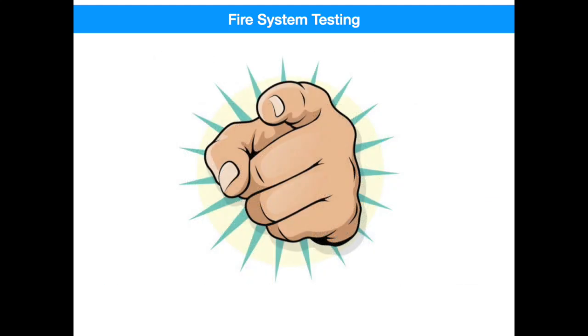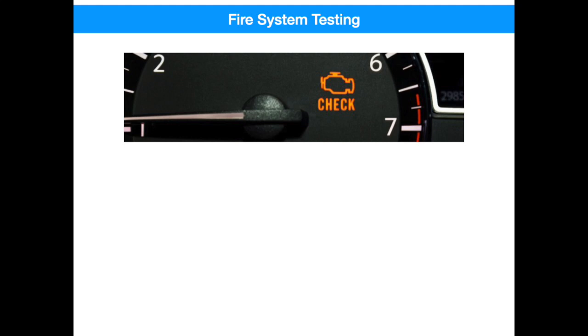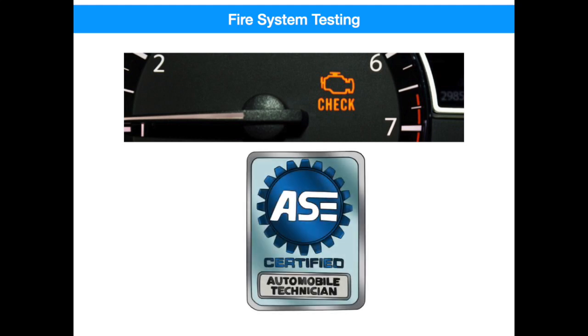Now, as a homeowner, you're responsible for maintaining your fire system. That doesn't mean you have to repair it and make modifications to the system, but you can take simple steps to keep it in operating condition. It's like driving your car. If you detect a problem or your check engine light comes on, you take it to a certified auto technician